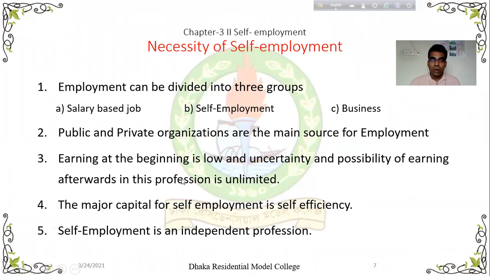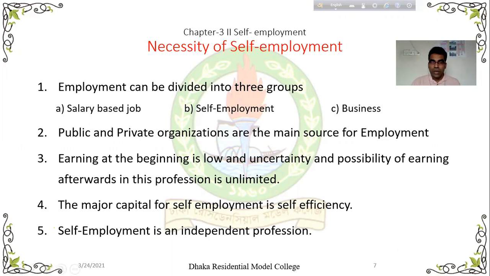Okay, self-employment, earning at the beginning is low, and uncertainty of self-employment, অর্থাৎ আত্মকর্মসংস্থান যদি তুমি তৈরি করো, শুরুতেই তোমার ইনকাম কম হবে এবং একটা অনিশ্চয়তা বা ঝুঁকি থাকবে, বাট দ্য পসিবিলিটি অফ আর্নিং আফটারওয়ার্ডস ইন দিস প্রফেশন ইজ আনলিমিটেড। কিন্তু এরপরে ইনকাম আনলিমিটেড, অসীম। কি পরিমাণ ইনকাম হবে ইউ কান্ট ইমাজিন।